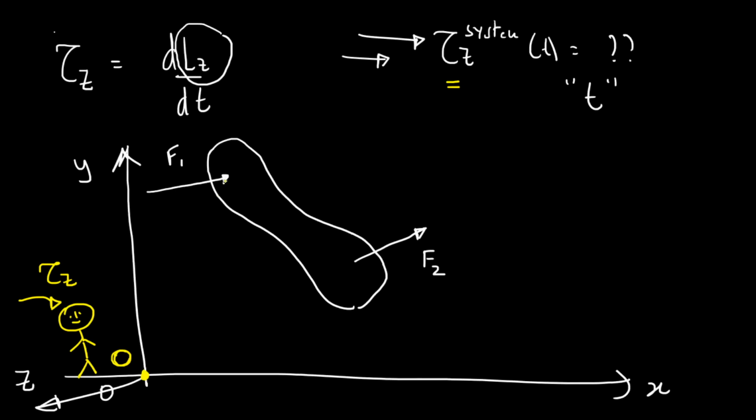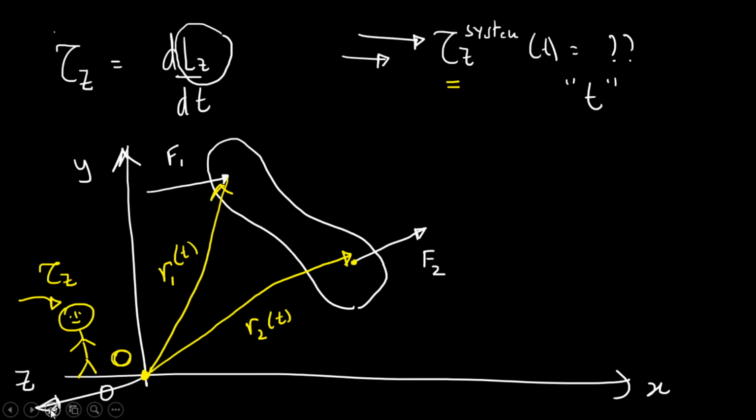This point of application is important, and this is the position vector which I'm going to call R1. Now the point of application of the force is important, and the moment I know that badly drawn straight line, I know the position vector at that instant of time for the second force. Now I am ready to give you the answer, and tau z is equal to R1, I'm just leaving out the t, cross f1,